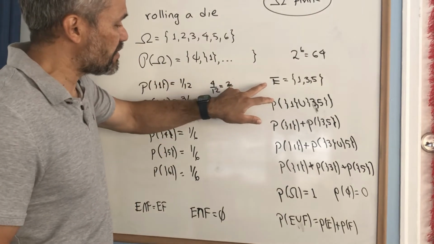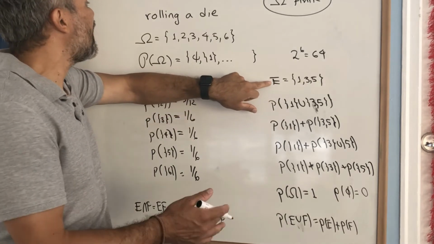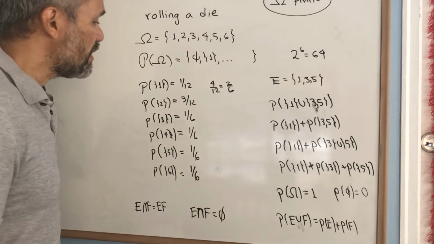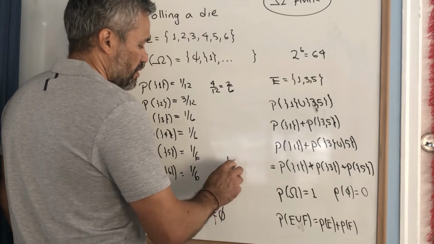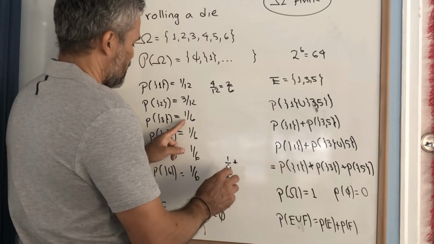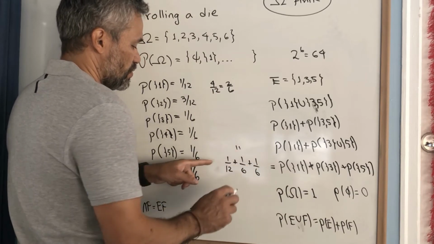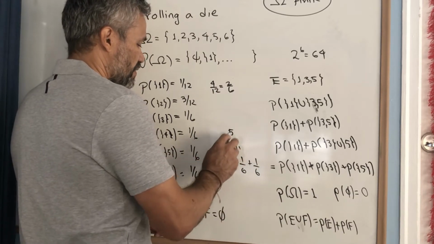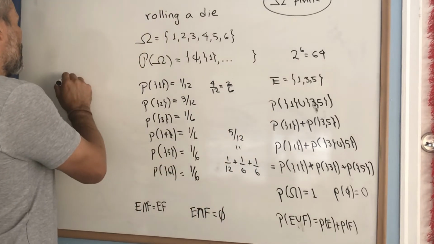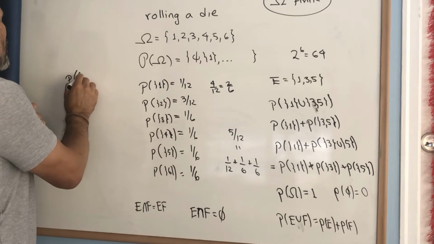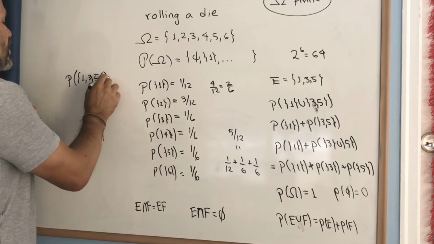event in general. For example, the probability of this event, which corresponds to the event we roll the die and we got an odd number, is going to be equal to 1/12 plus 1/6 plus 1/6, and this is equal to 5/12. Then the probability of the event 1, 3, 5 is going to be